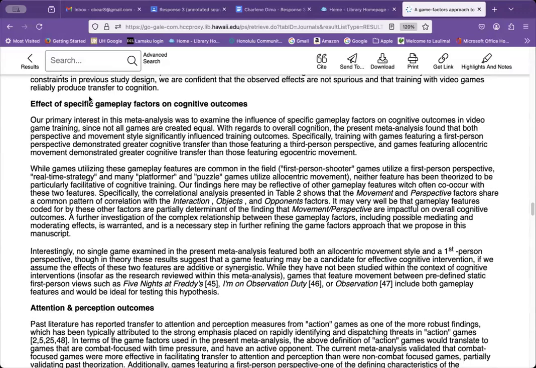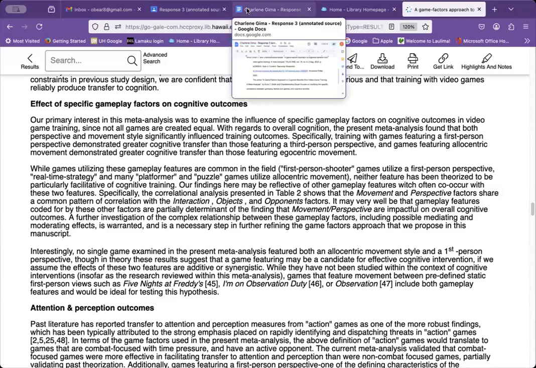So gameplay factors, though, they were looking at those particularly. So they say with regards to overall cognition, the present meta-analysis found that both perspective and movement style significantly influenced training outcomes. Training with games featuring a first-person perspective demonstrated greater cognitive transfer than those featuring a third-person perspective. And games featuring an allocentric movement demonstrated greater cognitive transfer than those featuring egocentric movement. So this means that what Kayla can say, her first point is overall,